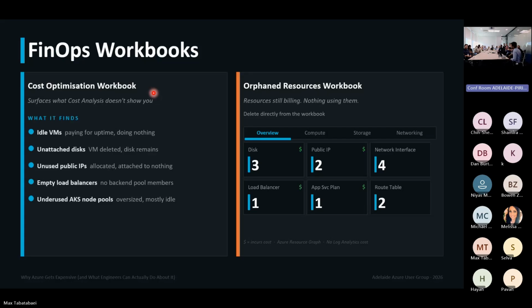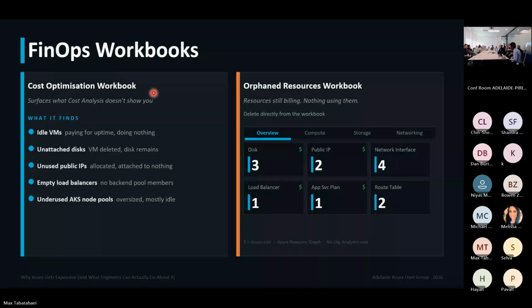So anything unused. You can also get information about the utilization of your reserved instances,